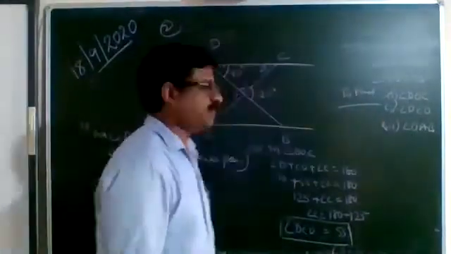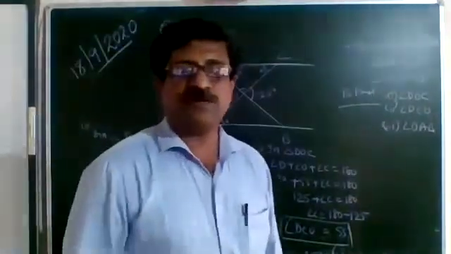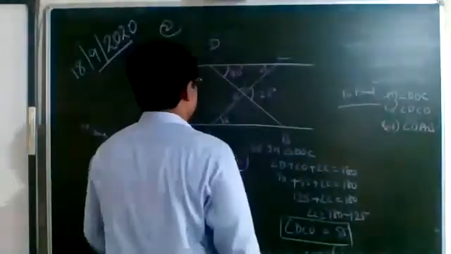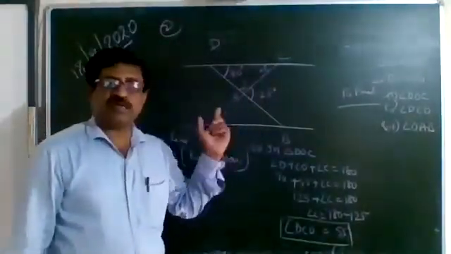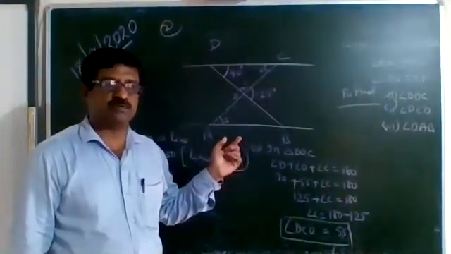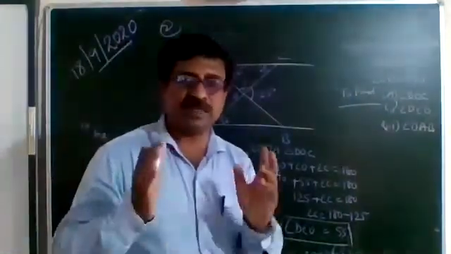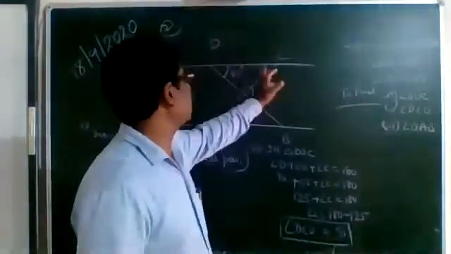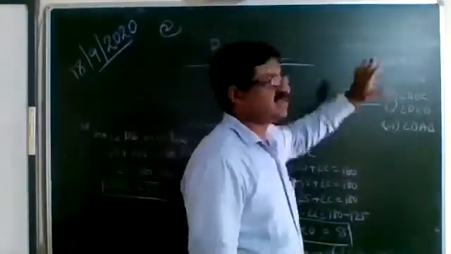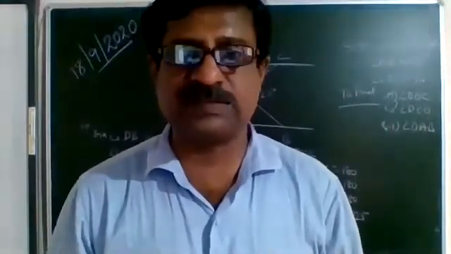Now we will find out angle OAB. OAB, this is angle 3. Each of the angles has been calculated. Now to find the value of angle 3, we cannot use here alternate interior angles because the lines are not given parallel. Here, 2 and 3 are forming alternate interior angles. These two angles are alternate angles, but they will be equal only if the lines are parallel. And nowhere is it given that the lines are parallel. Therefore, don't use alternate interior angles in this particular case.